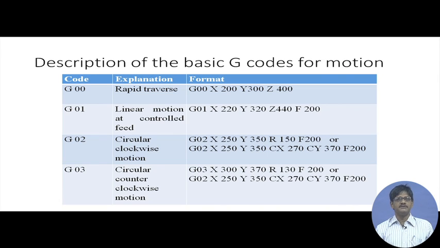here, because generally these circular motions will be associated with a particular plane of action, and in this case it is xy plane. The radius along which this rotation is supposed to take place is 150 millimeters, and the feed is supposed to be 200 millimeters per minute. Shall we have a quick look on a piece of paper how this will be coming out?